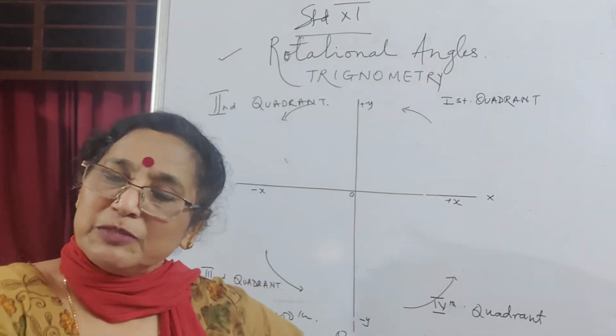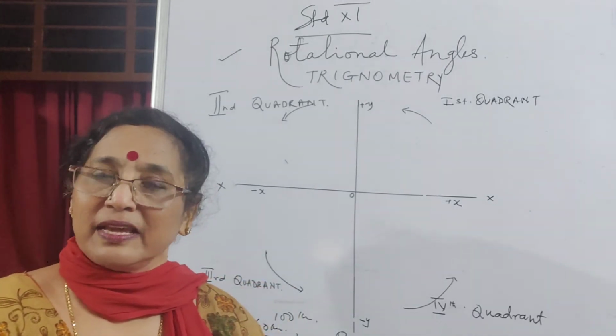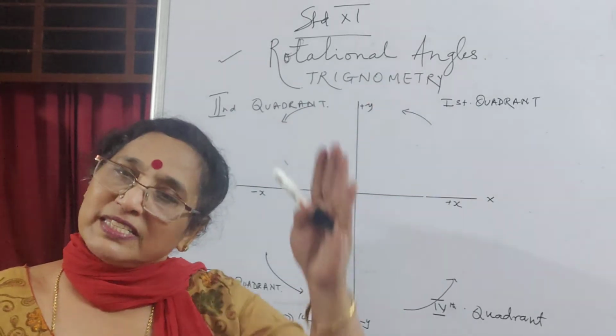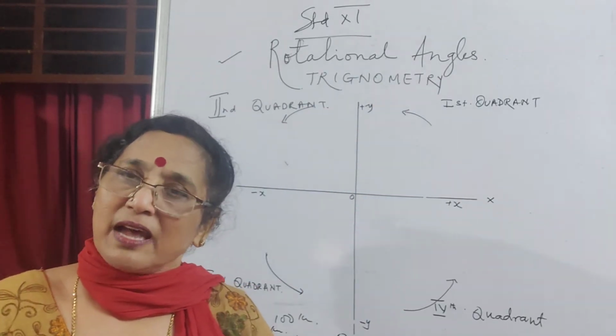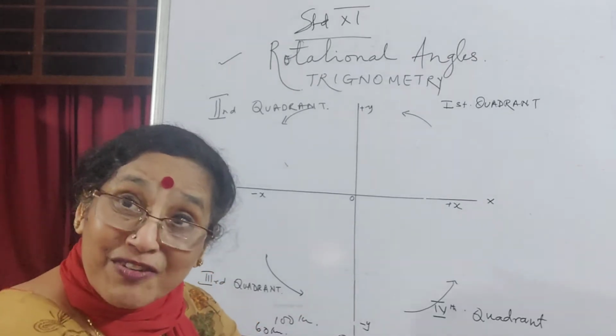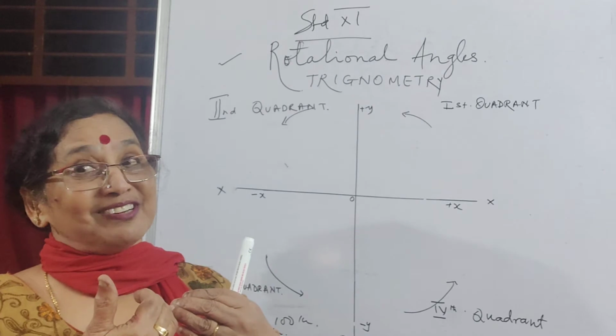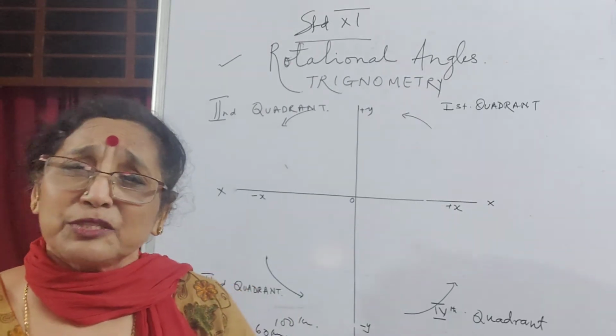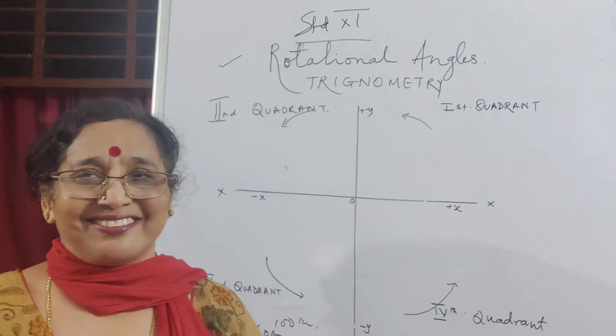So for y, downwards means below the x-axis, that is the negative y-axis, and above the x-axis, vertically up, that's the positive y-axis. Upward positive, downward in life negative. You move forward positive, you move backward negative. That's the best way to remember. We can connect mathematics with life situations, right?